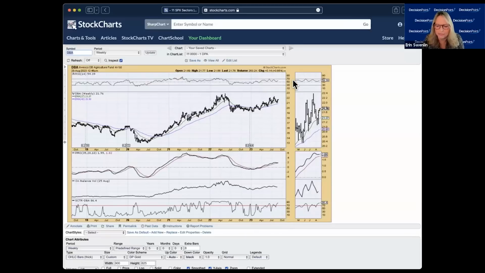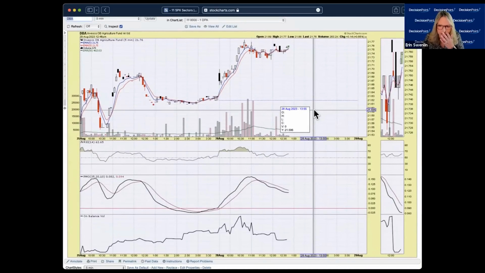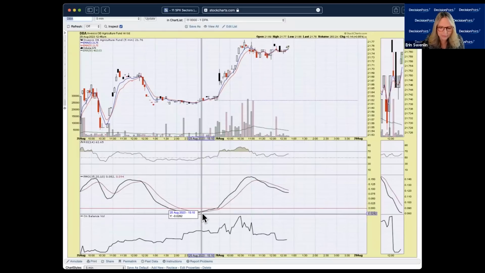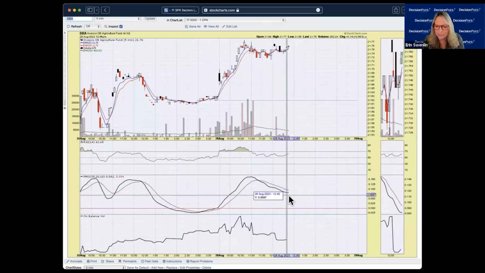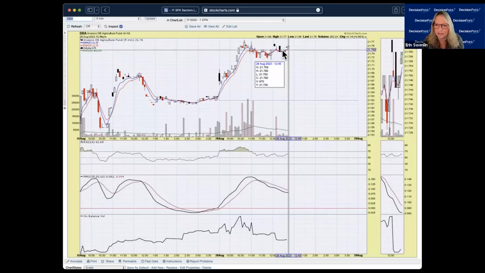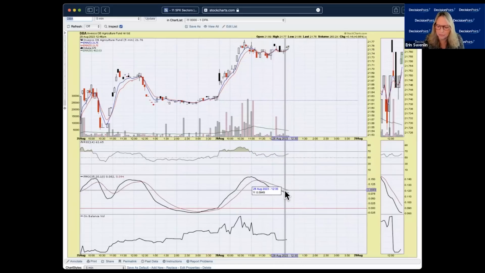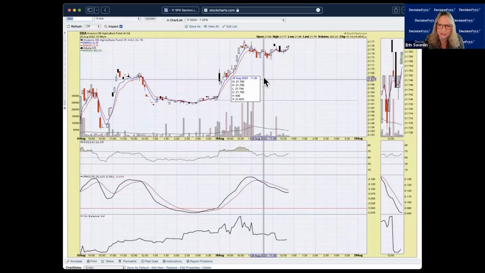RSI in positive territory. Let's look at a quick 5-minute chart. 5-minute buy. This is for our buy points and our sell points. The buy point comes in with a PMO crossover, a 5-minute PMO crossover with a positive 5-minute RSI. So currently we're not at a buy point. Notice the PMO has been moving downward though, and price hasn't really lost much ground. That tells me there's internal strength here. So you may not get a much better buy point than where we're at right now, but I would watch for that PMO. If it starts to make that turn upward, that would probably be your best buy point coming in.